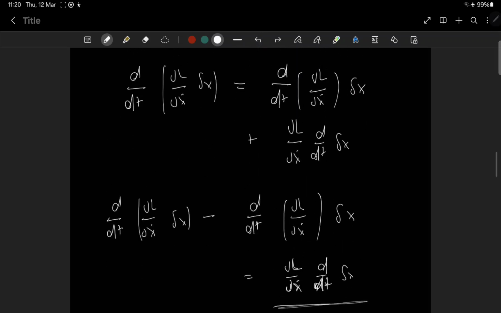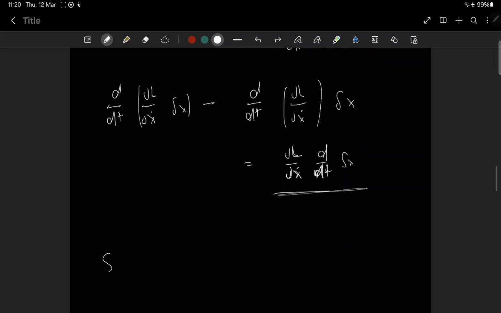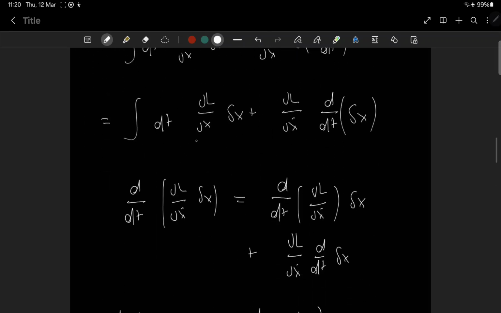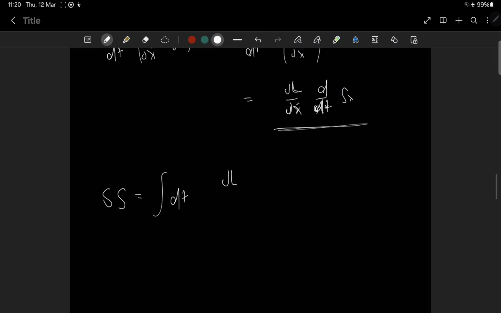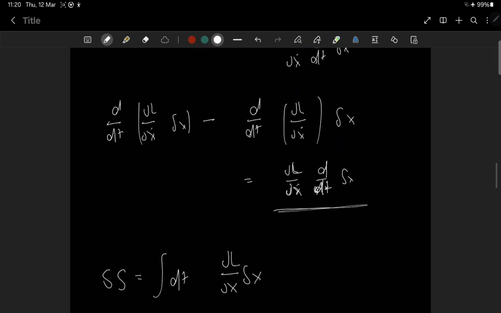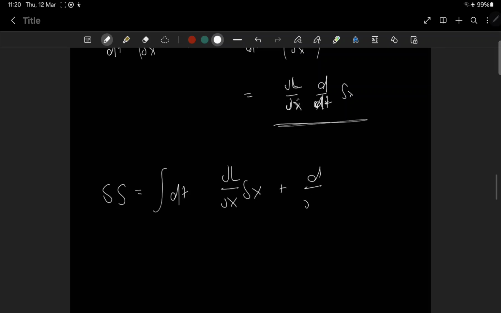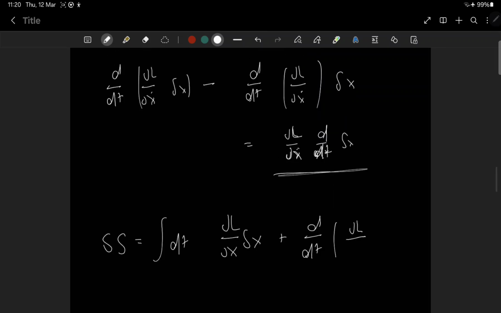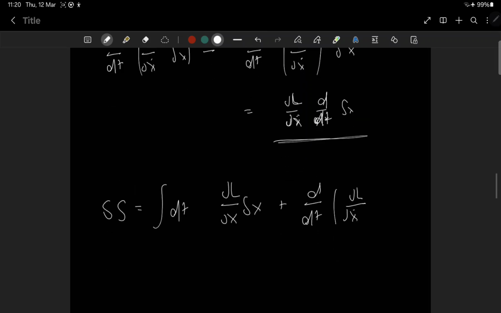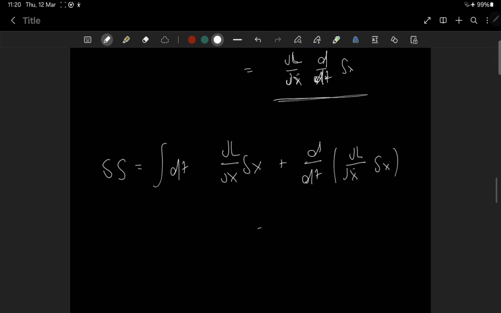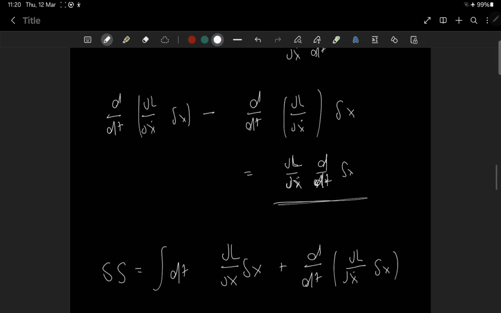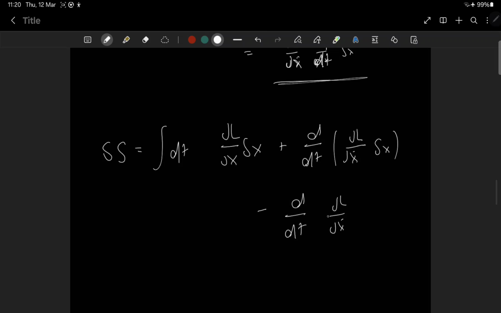So then what we get is, remember, we have the action: delta S is the integral dt of this term over here, which is partial L by partial x, delta x, and then plus d by dt of partial L by partial x dot, delta x, minus d by dt of partial L by partial x dot, delta x. Okay, so now